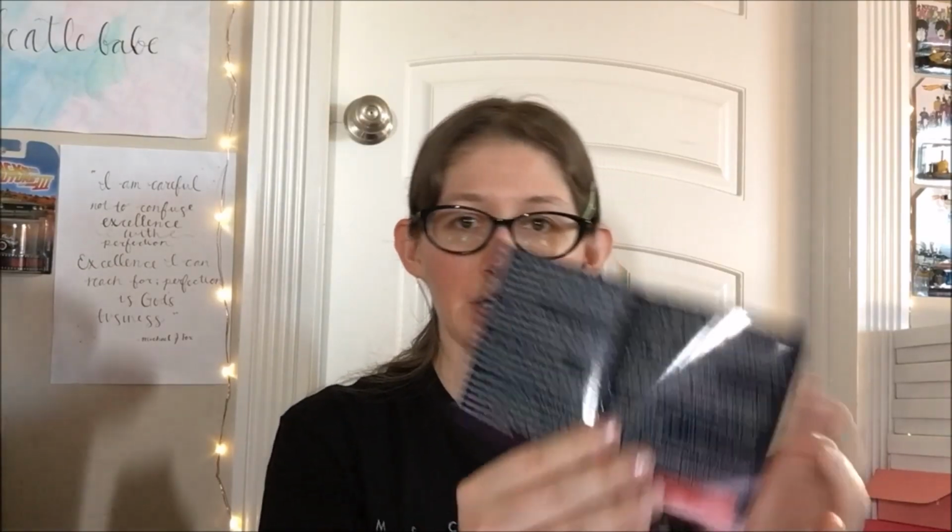In the box is the LED teeth whitening light, 2 5ml whitening gel syringes, the mouth tray, and the retainer case. So I'm going to open it and show you guys what it comes with. First, it's the little instruction booklet, which she'll go over with you guys too. Let's just